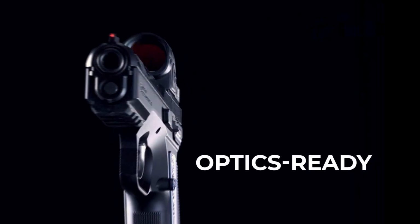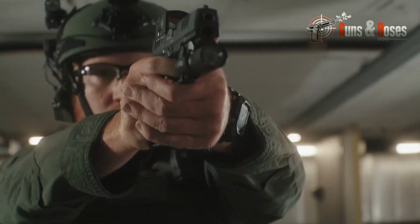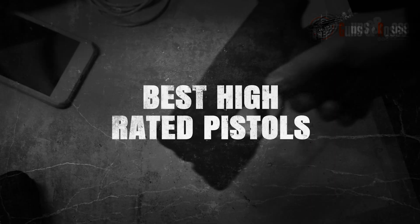know which pistols shooters are all hyped about, we've put together a list of the best high-rated pistols in the